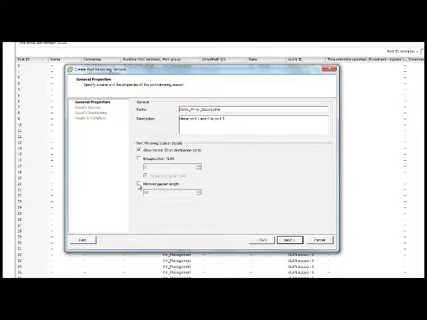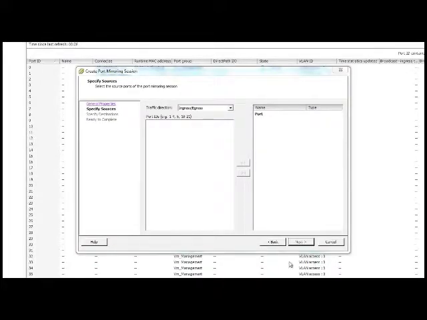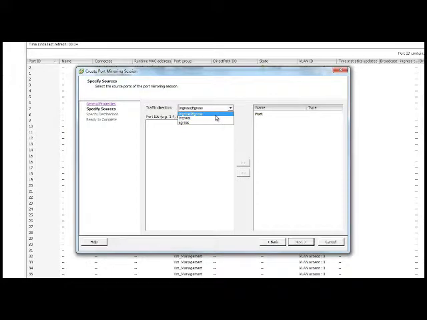And now we need to specify the traffic that we want. So you notice we have the choices of ingress, egress here in this drop down box, or both. And we're going to go ahead and choose both. Next, we need to specify the source port IDs, which are 1 and 6. And then click the double arrow to add it